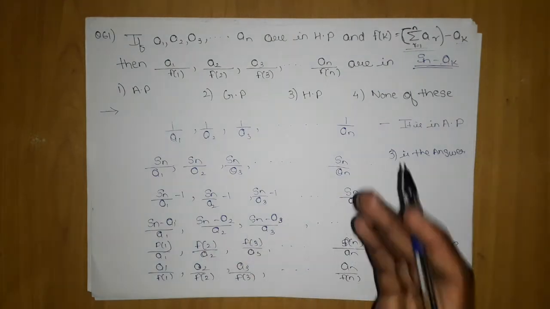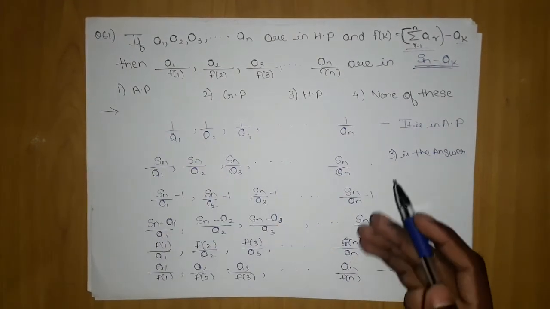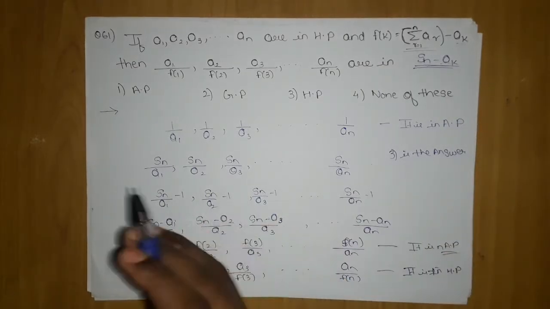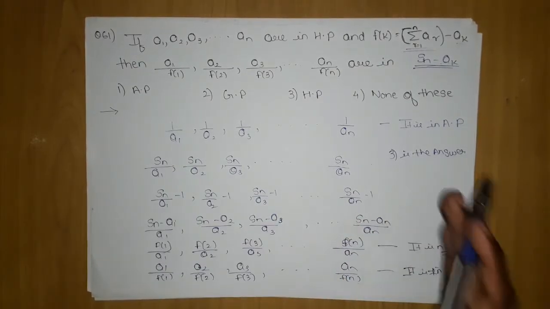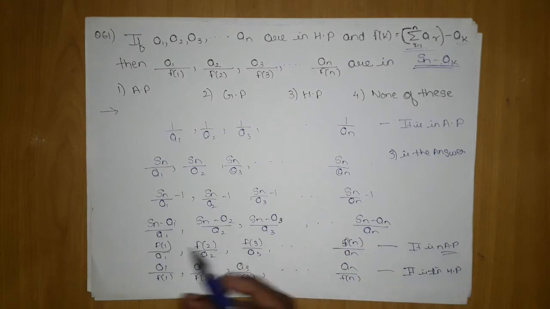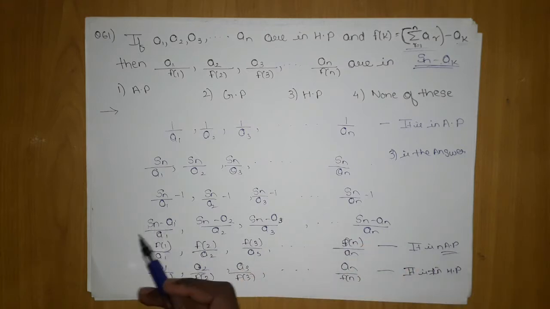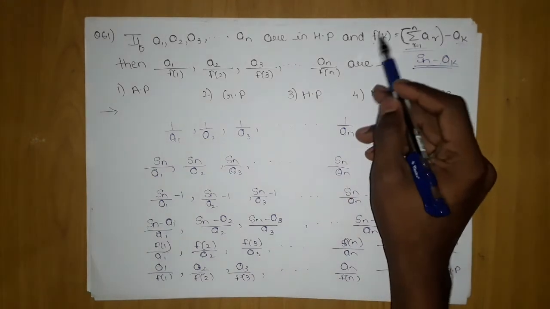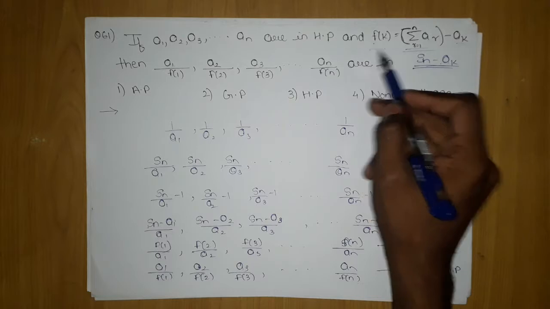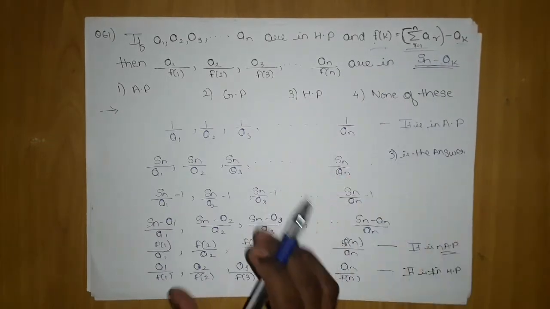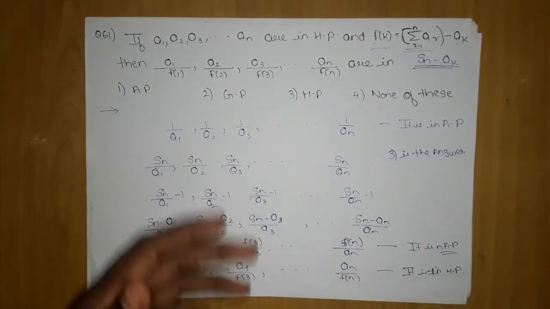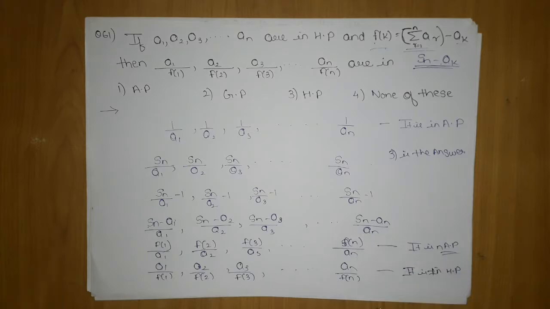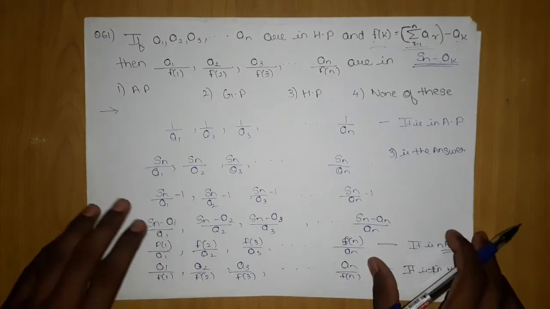So we did what? We multiplied by Sn, we subtracted by 1, with constant numbers, so it will still be in AP. After multiplying we got this thing. Doing that here in Sn, if I subtract a1, then f of 1 will appear. Using this function concept which was given, we just substituted the value and then reciprocaled it, which converted the AP into HP, and thus we got the answer. Now let's move on to the next.